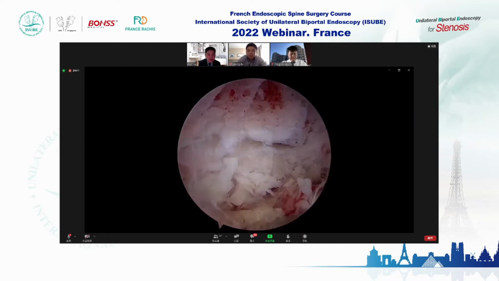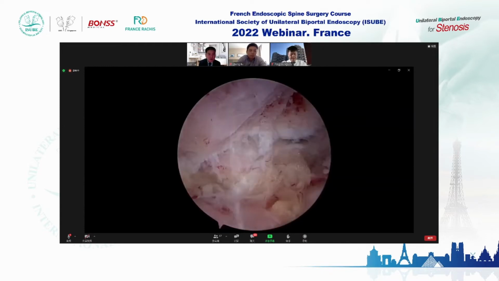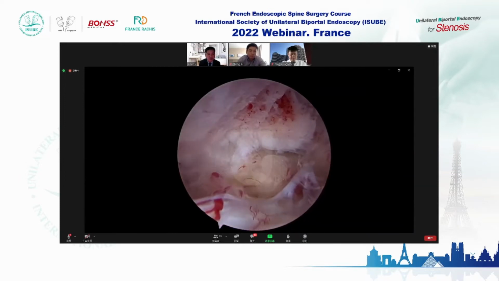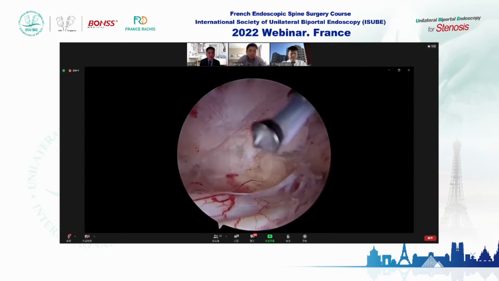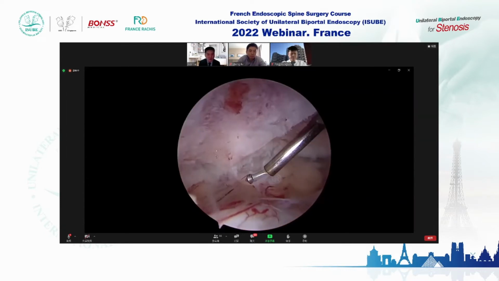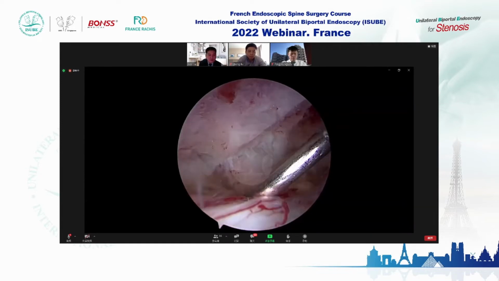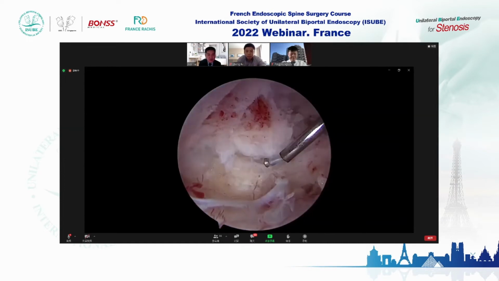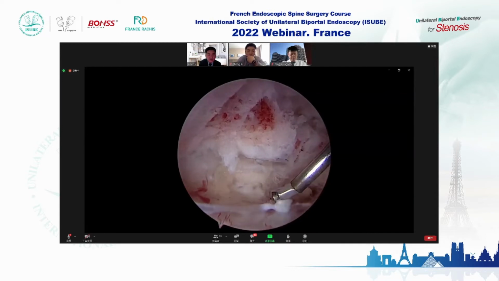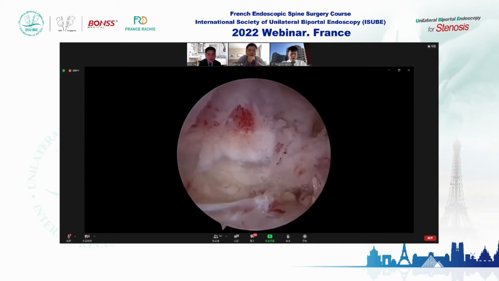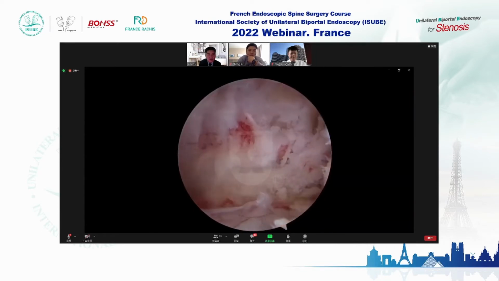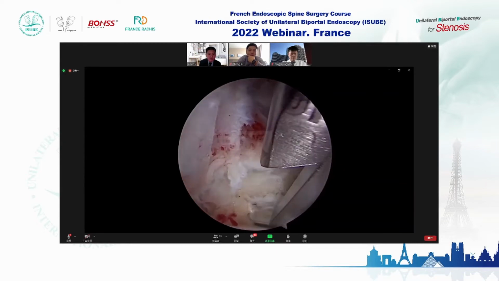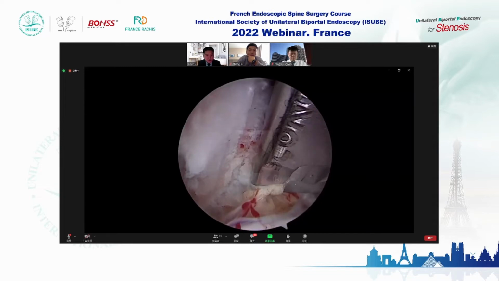So very good. So this contralateral approach also can be used to treat cervical disease. We can do the contralateral foraminal decompression using this approach. Yeah, I have tried the cervical third portal or the URBD. I also use the third portal in the single open door cervical procedure, for the insertion of the screw and the plate. Yes, very good. Good job, great job.